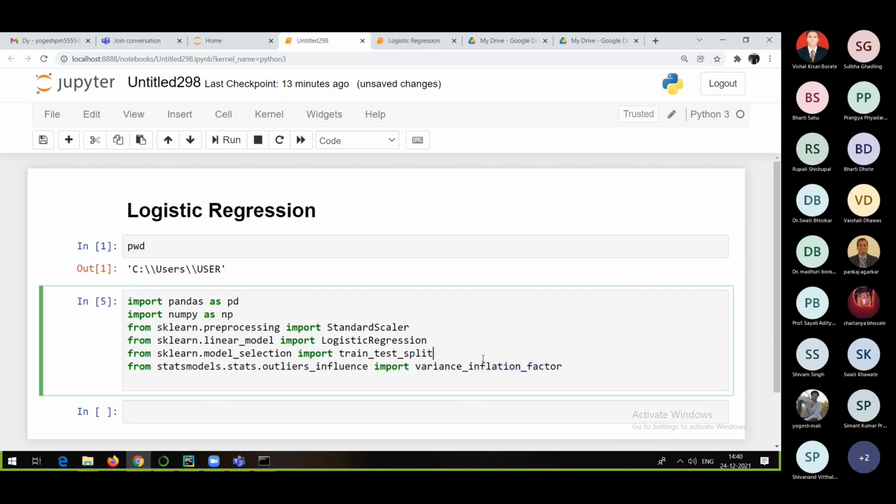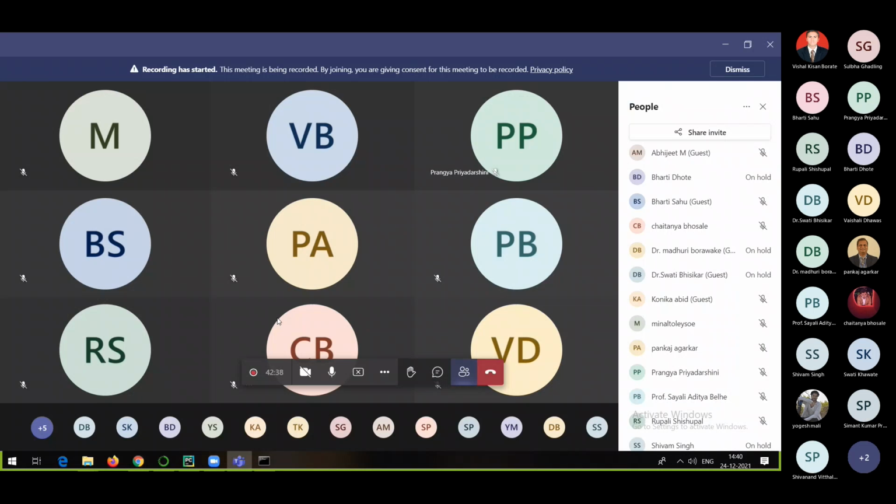So those who are listening to me from the other side, can you tell me what is the use of VIF? Anyone? At least so that I am comfortable that you are there and you are listening to me, and I am not the only person who is talking. Anyone? Can you tell me? Chat box, or you can even unmute. What is the use of VIF?